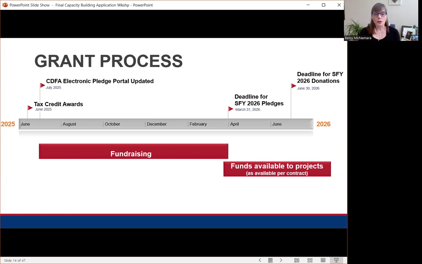On March 31st, 2026, all pledges for state fiscal year 26 tax credits are due. And as we just mentioned, the deadline for cash from state fiscal year 26 pledges must be received at CDFA by June 30th, 2026. If your project also receives state fiscal year 27 tax credits, you follow the same timeline. So one more thing,